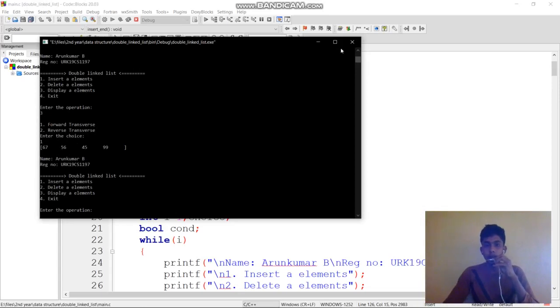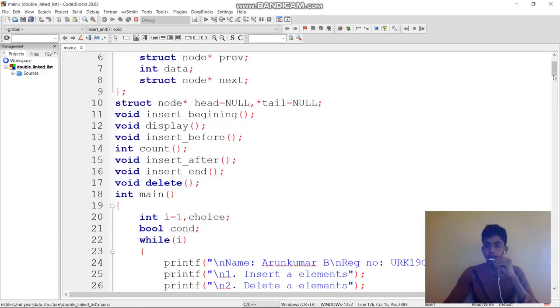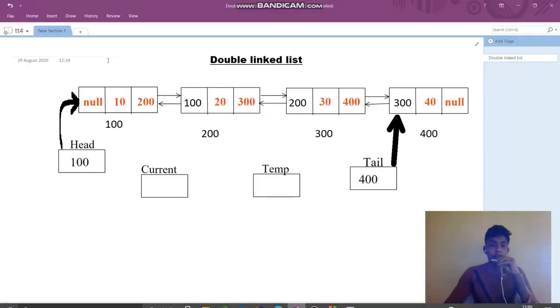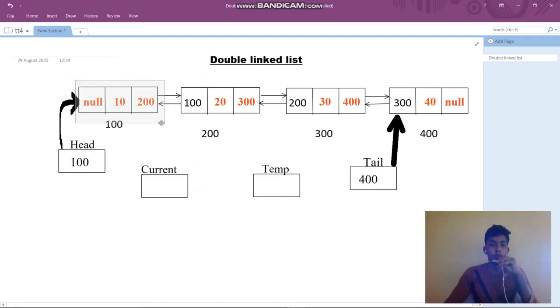Now let us see the code, and I'll explain it clearly step by step. Initially, in a single linked list, a node has only two columns. But here there are 3 columns. See here, this is the node, one type of node. There are 3 columns. The center is the data part, that is 10 I have given. The first part is the previous link, and the third part is the next link.